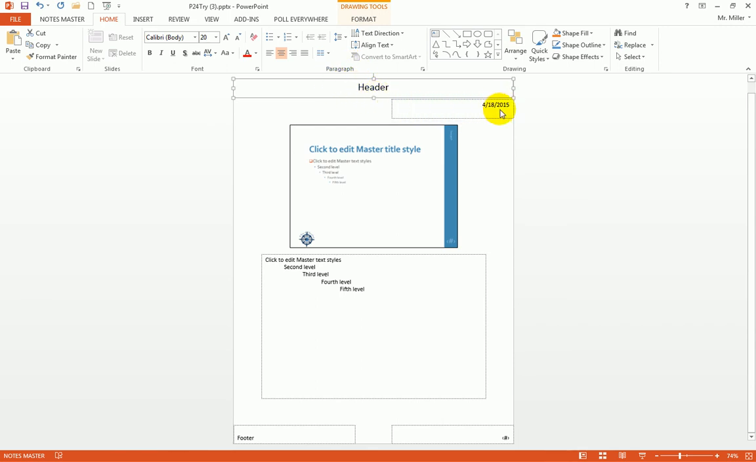Next, if the date is going to be used, I want it to be centered. So what I'm going to do is click on this date holder, and I'm going to use my up arrow key. I've pressed the up arrow key several times until the top edge of that date box lines up with the bottom edge of the header. Once those two lines match,